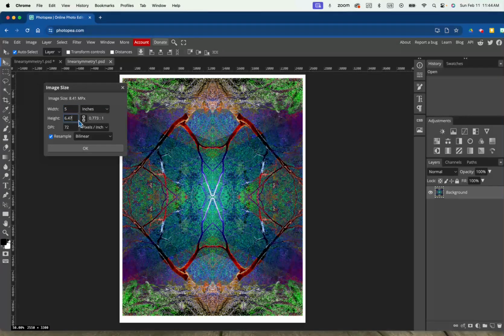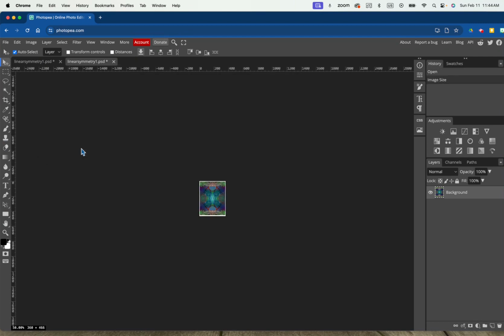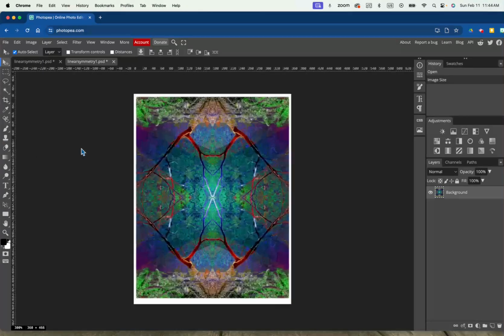It's almost like a 5 by 7. So smaller file size, smaller dots per inch. Click OK. It's going to shrink down, but then I'm just going to zoom back in. Yes, I lost some quality, but from what I'm aiming for today, this is what I need to do